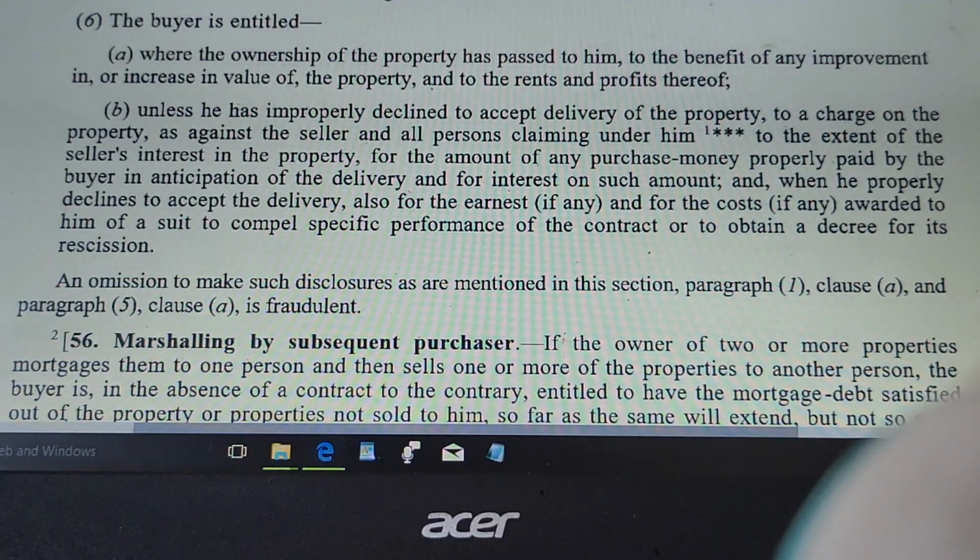B, unless he has improperly declined to accept delivery of the property, to a charge on the property as against the seller and all persons claiming under him, to the extent of the seller's interest in the property, for the amount of any purchase money properly paid by the buyer in anticipation of the delivery, for interest on such amount, and when he properly declines to accept the delivery, also for the earnest, if any, and for the costs, if any, awarded to him of a suit to compel specific performance of the contract, or to obtain a decree for its rescission,